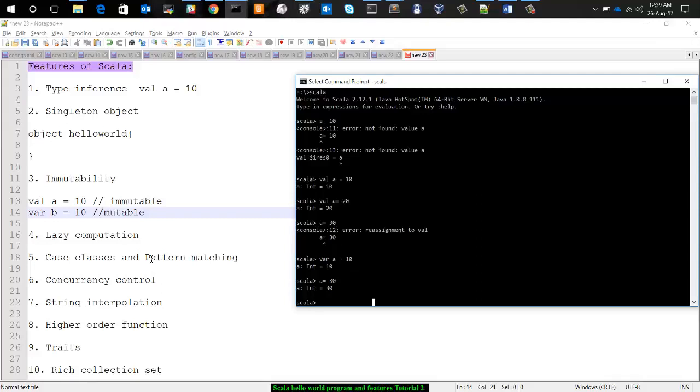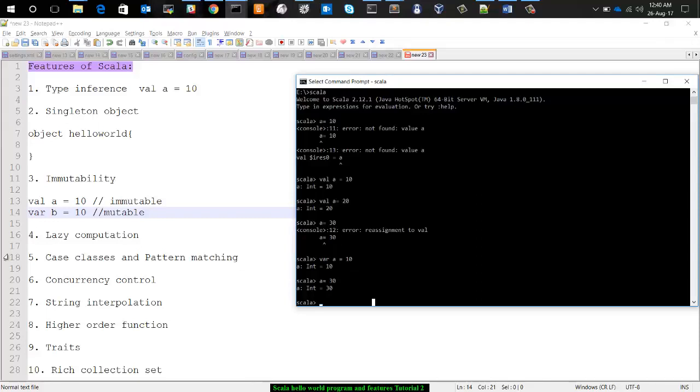The next feature is case class and pattern matching. Case classes are like regular classes, which are immutable by default, and they are decomposable through pattern matching.